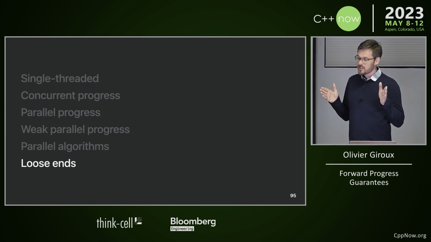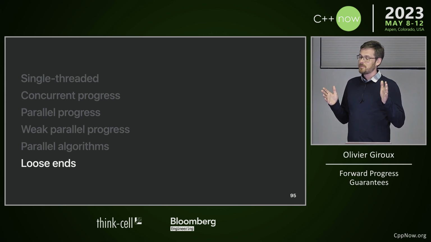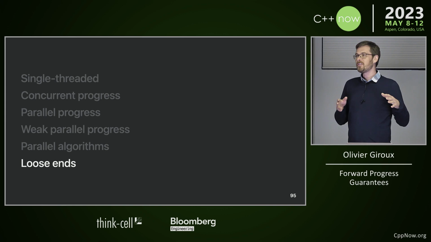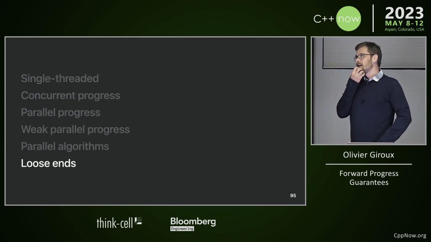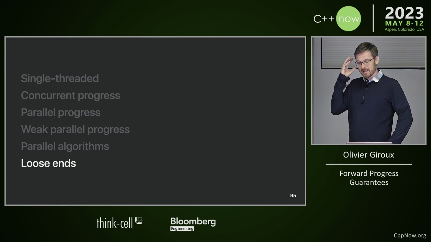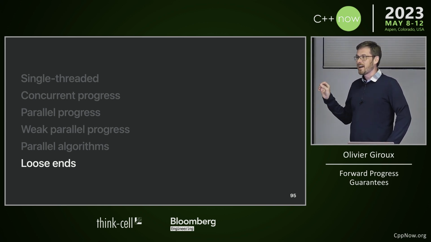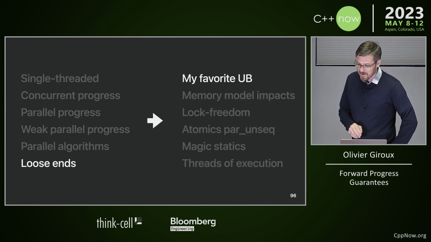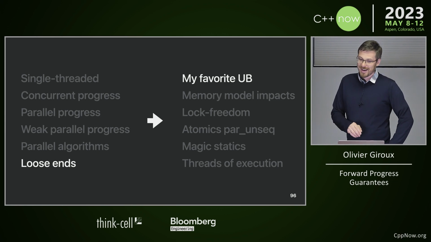So the loose ends. As chair of SG1, I maintain in my head a bit, like, yes, we have a defect report list, an official one, but then there's all the little bits that, in a meeting, something came up, we discussed, and we're like, oh, that's not clear. And no one filed a defect, and there's no paper about it, but it consumes our headspace. People in SG1 remember the ragged edges of the spec. So we're going to cover that. But I want to talk about my favorite UB,